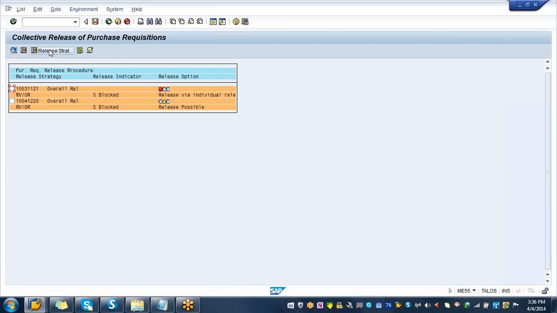Select the yellow one. Yellow, not the red one. The bottom. Yes, this one right here. And save it. Release. If you save it, it is going to release. Okay, now you can go back to your MD04